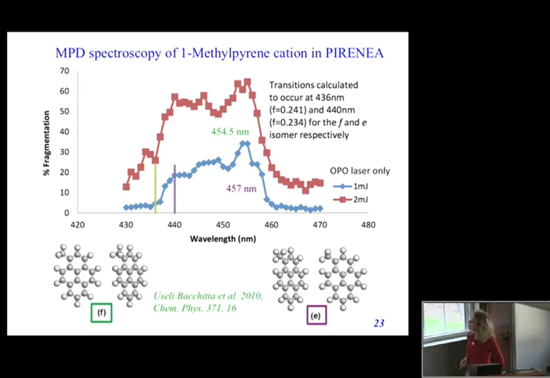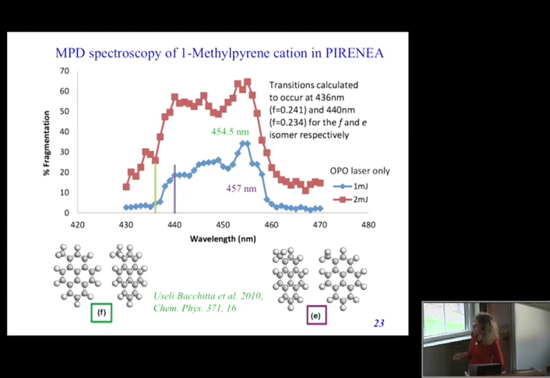You send one shot and look at the photodissociation of the species. We use here 1 millijoule and 2 millijoule of the laser, and you see the dissociation fraction here, which is up to 70%. And these two sticks here correspond to the theoretical calculation, the TDDFT calculation, which show that there